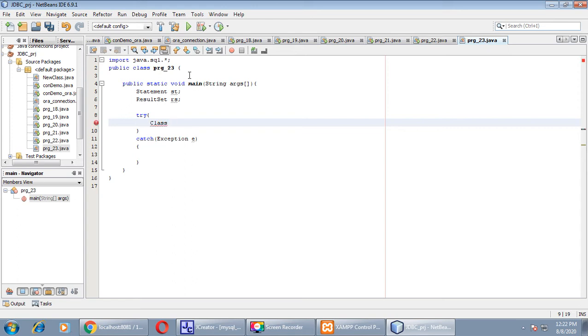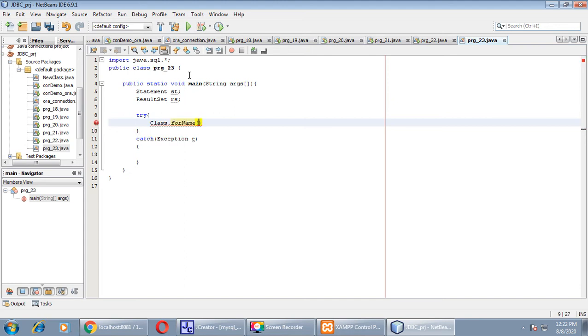Now register the driver using the Class.forName method. As we always do for the connection with Oracle and Access, the same we will do over here, Class.forName method.